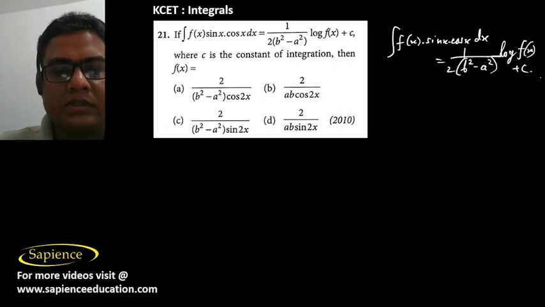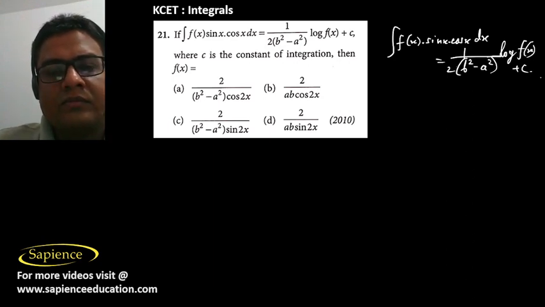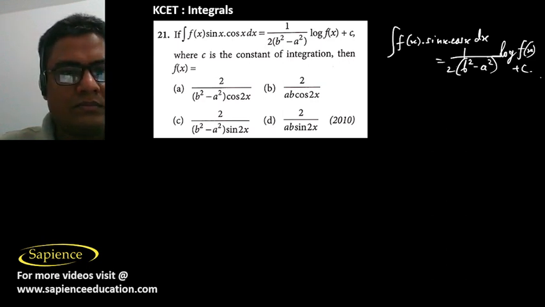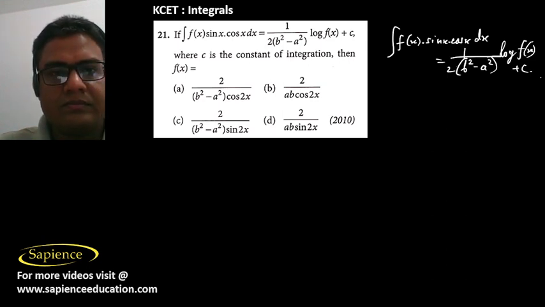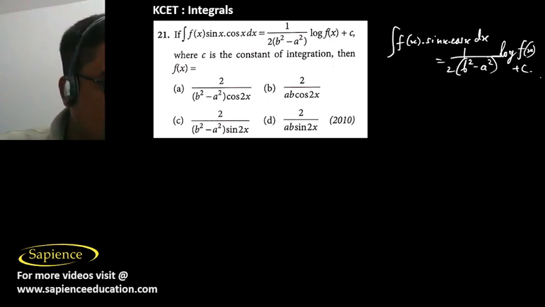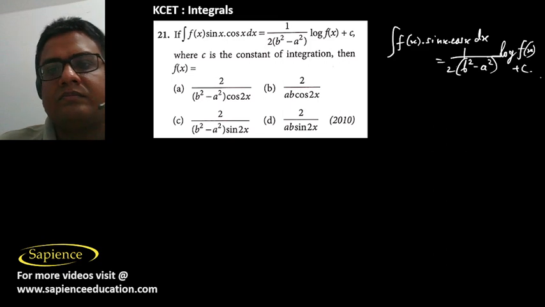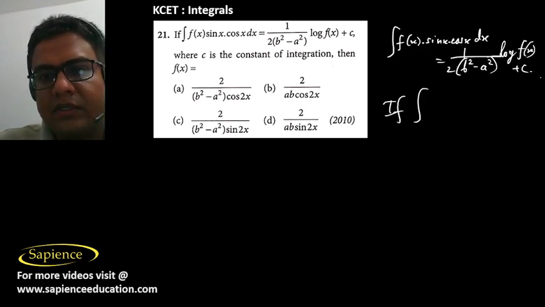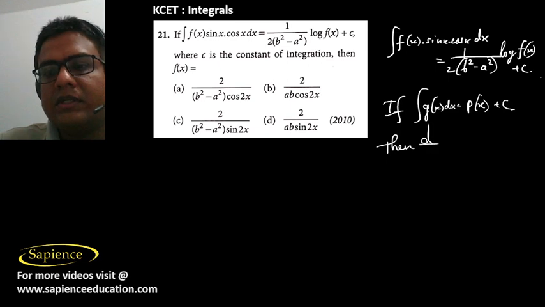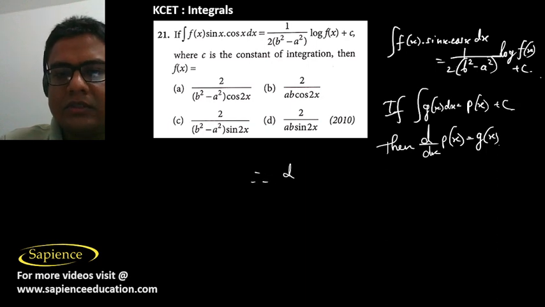C is the constant of integration, then f of x is how much? We know that if the integral of g of x dx is equal to some p of x plus c, then it means that d by dx of p of x is equal to g of x. Now therefore d by dx of 1 by 2 into b square minus a square